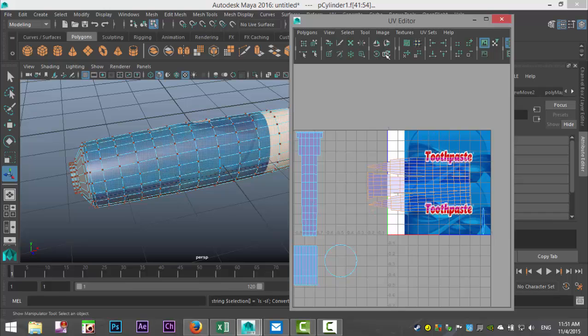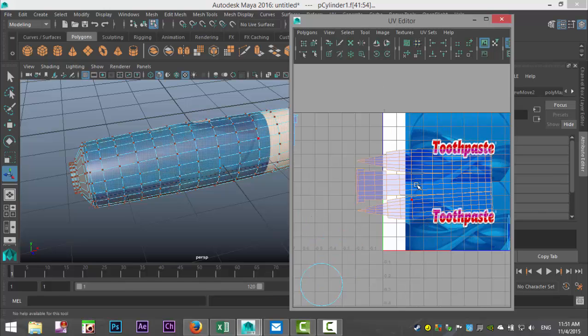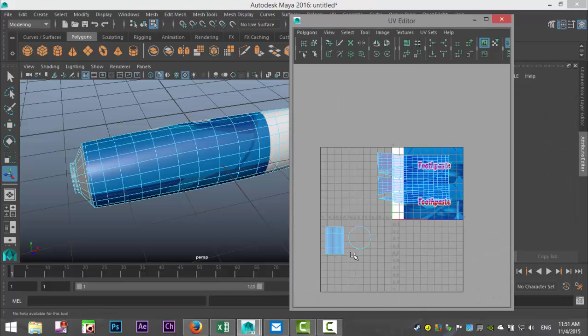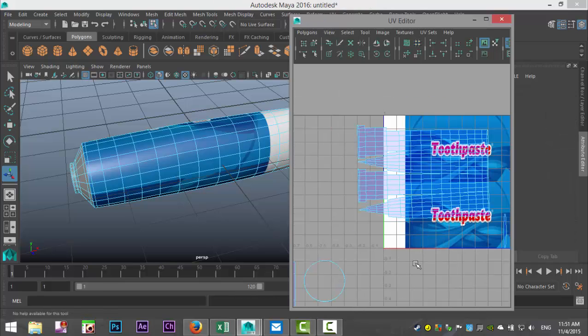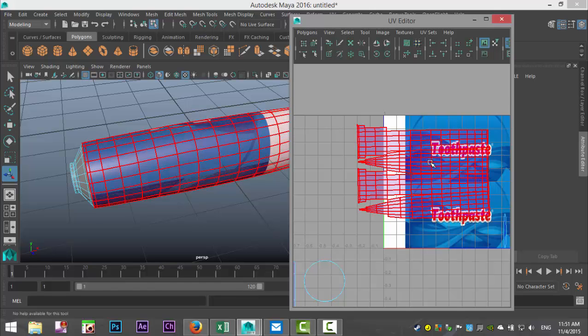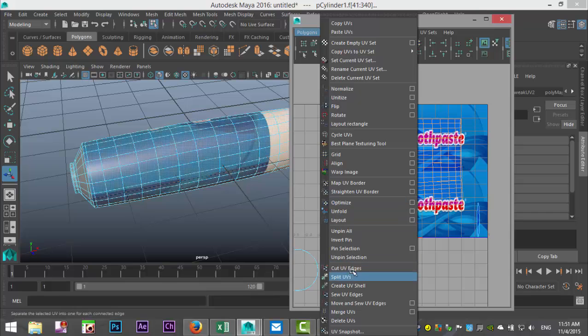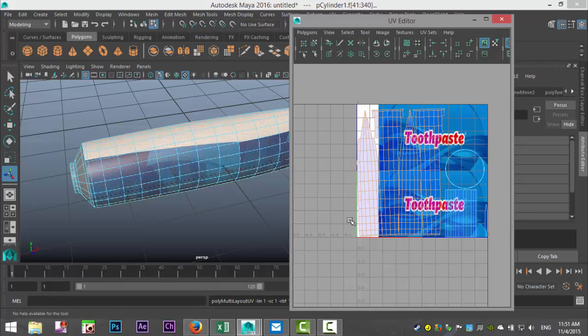Let's rotate and rotate and get this other guy connected. Right click, edge, polygon, move and sew. That's the whole thing, right? Then right click shell, polygon and layout.